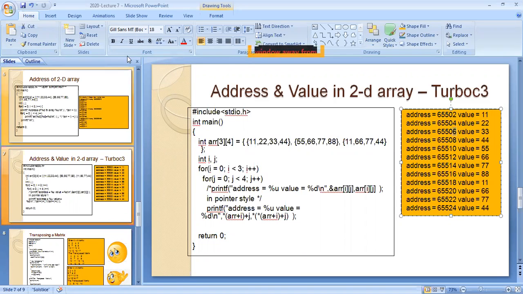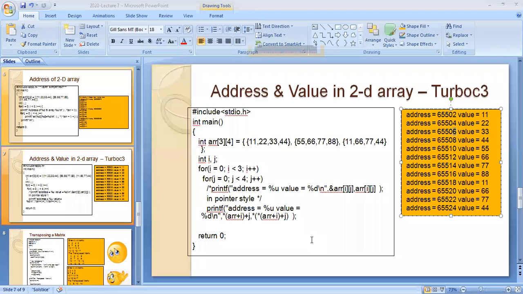So understood this particular concept? You have got the concept here. Keep in your mind, in Ubuntu, each row will have one address, but in Turbo C, each and every element will have one address.